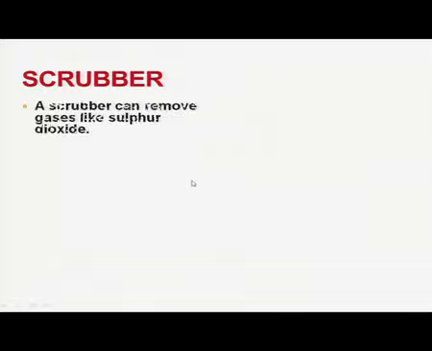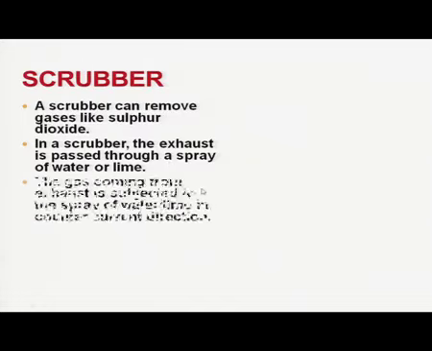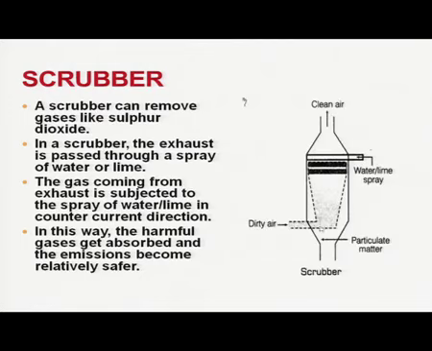Next, coming to scrubber. Scrubber is a very simple device and it is used to remove some gases like sulfur dioxide. In a scrubber, the exhaust is passed through a spray of water or lime. The gas coming from the exhaust is subjected to the spray of water or lime in counter current direction, as you can see in this picture, that this is the dirty air and this is the device, the scrubber, and there is a spray of water or lime which is given in counter current direction, so that the dirt particles or the gases get absorbed by them, and the remaining air which is filtered is the clean air which is